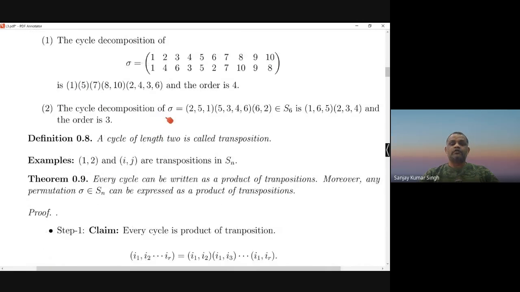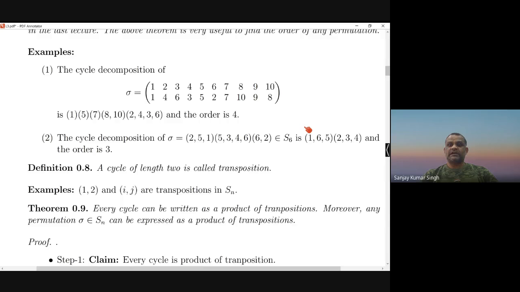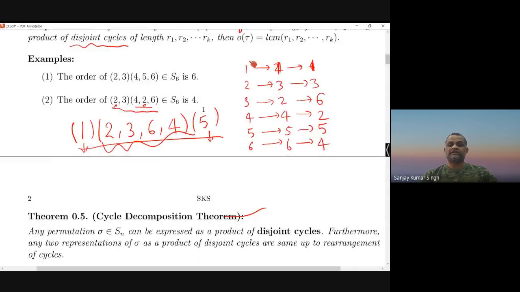Similarly, this is how to compute in this case. Again, you write it like this. If it is already disjoint, then you don't need to do anything. But if it is not, then apply the same method I described. And sometimes it is better to write them in array form and then compute directly. Otherwise, you just write it like this, check what the image is, and then compute again like this.